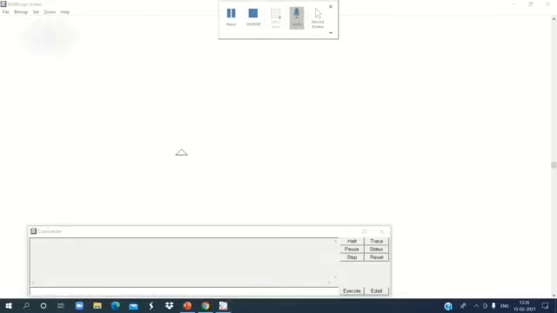Next, I am going to discuss the repeat function. I hope all of you know the use of repeat. Yes, it is used to repeat any task. Okay, suppose I want to draw a square. For that, what do I have to do?